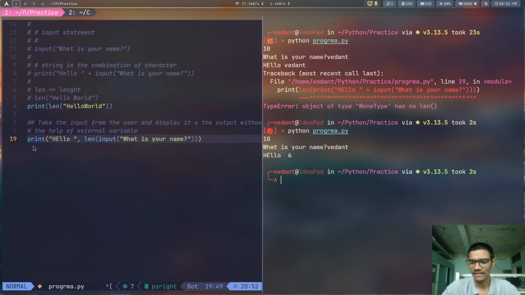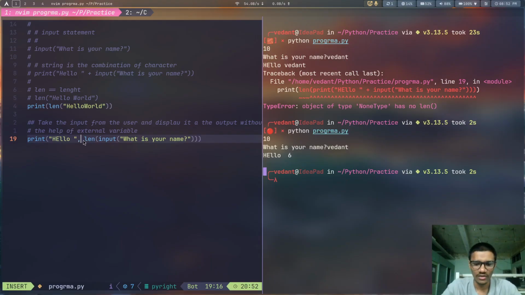The thing which is basically happening here is that print hello is being printed as it is, and I entered Vedant, a string, which contains 6 characters, so that's why the number here is 6. The comma acts as a separator, since the print statement can be given multiple arguments.